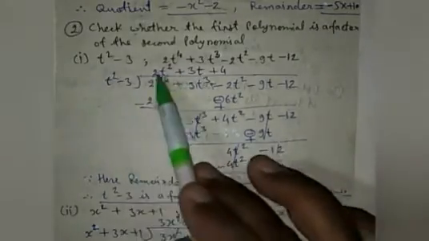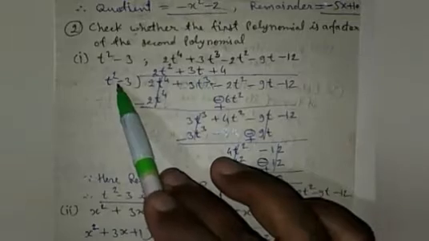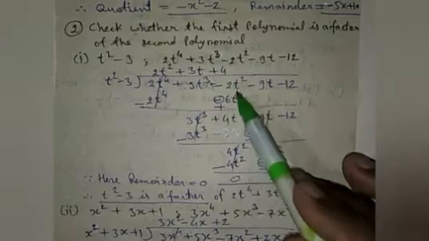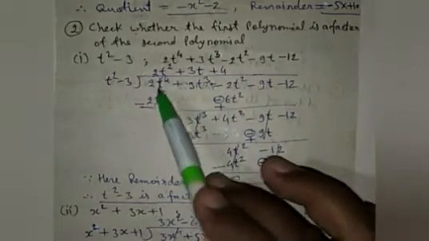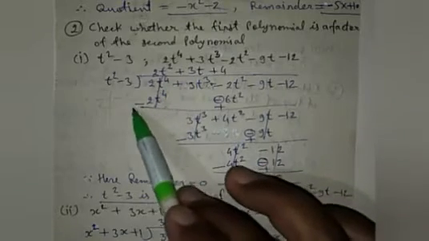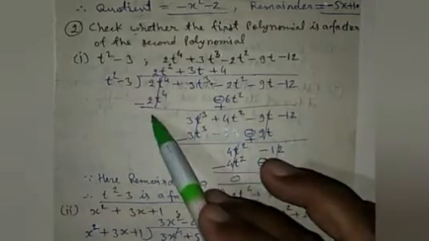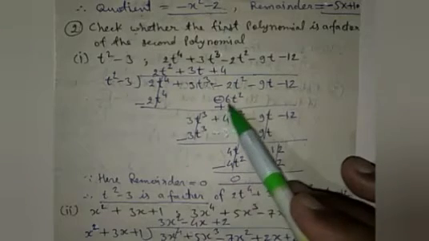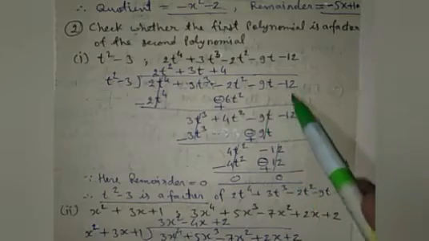Then multiply 2t square by the divisor, and you will get 2t power 4, and then minus 2 times 3 is minus 6t square. So the t square term is here, so you have to write this below the t square term. You do not have to write it here. After subtraction, the signs will be changed: the plus sign becomes minus, and the minus sign becomes plus. So the first term is cancelled out. Then after subtraction you will get 3t cube. Here minus 2 plus 6 will give plus 4, so plus 4t square minus 9t minus 12 is as it is.